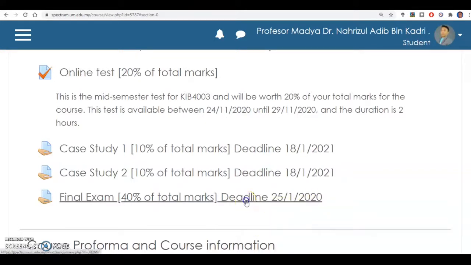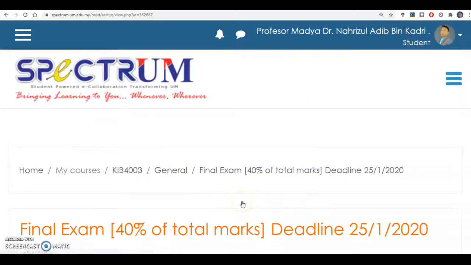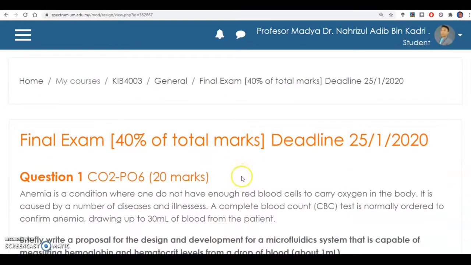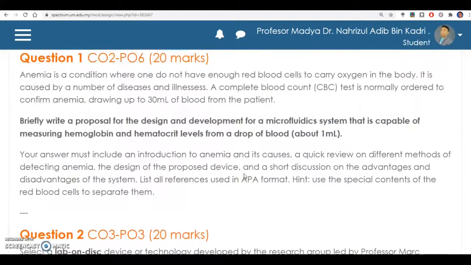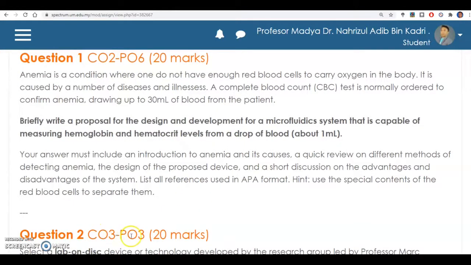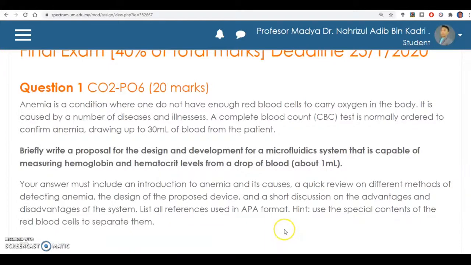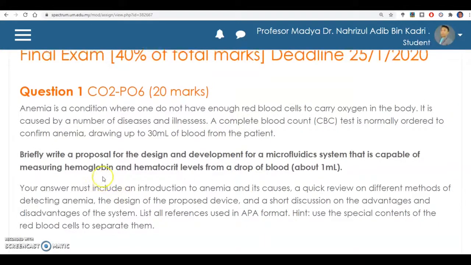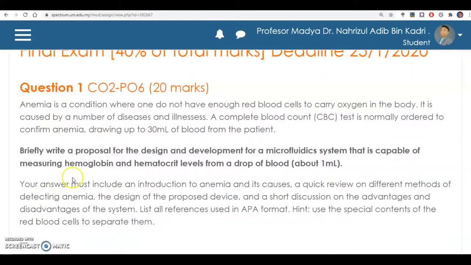Okay, let's have a look at what the questions are. There will be two questions here addressing CO2 PO6 and CO3 PO3. Okay, CO is for your course outcomes, PO is your program outcomes. So if you're not sure what it is, you can look up the document for the course. Okay, so let's go to the question. The first question is